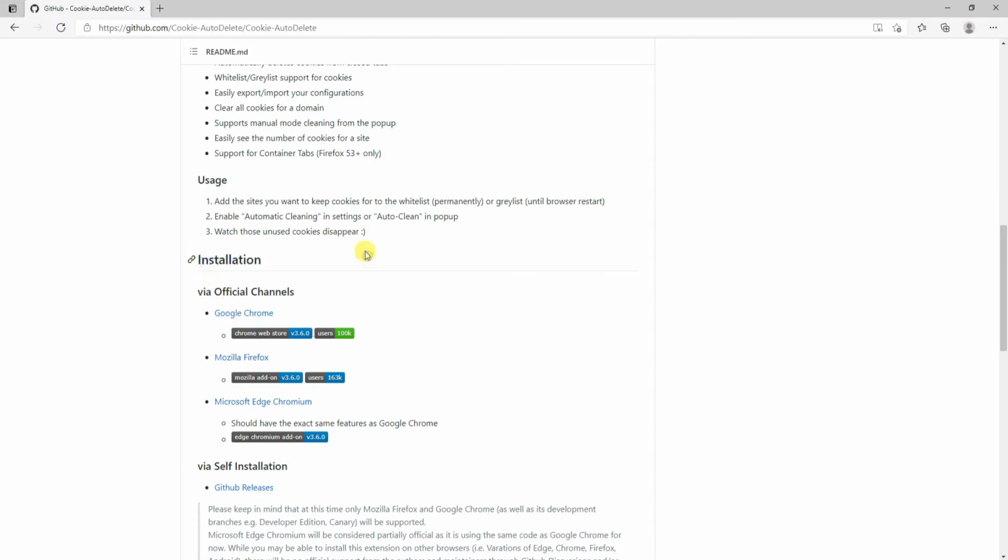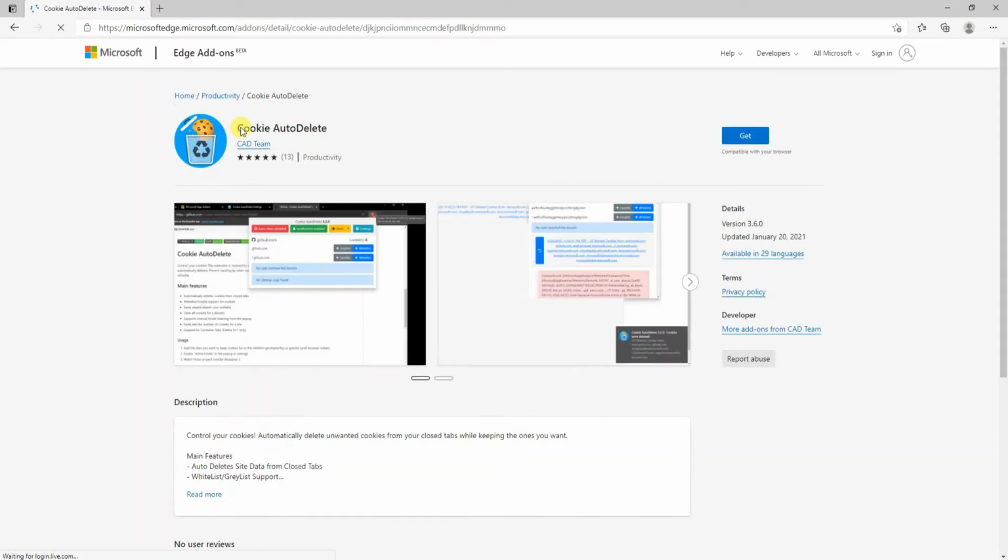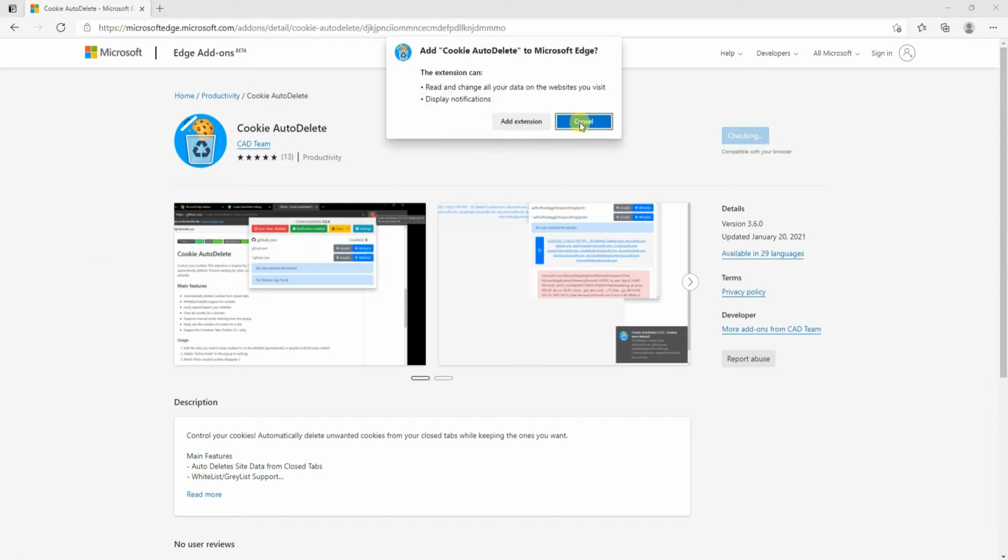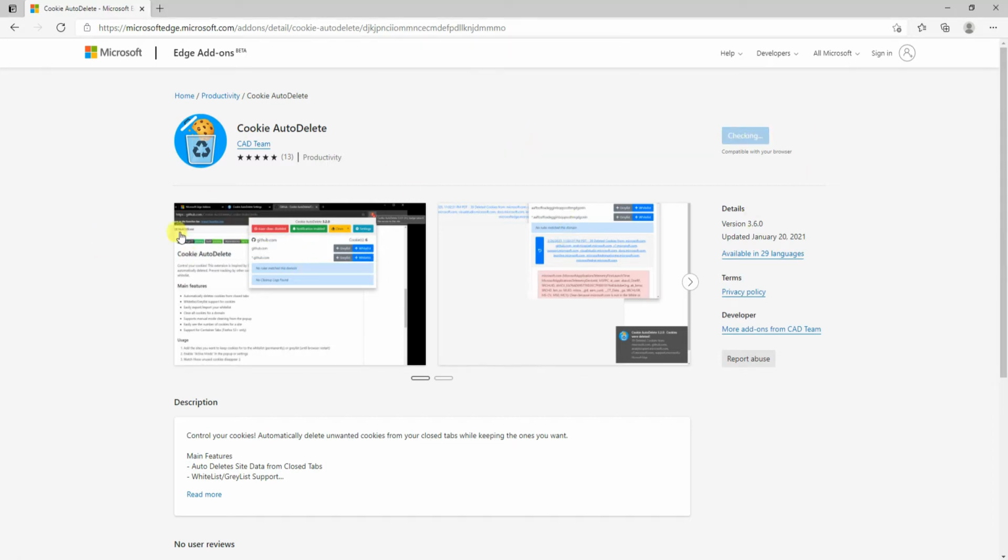The installation guide explains it's available from official channels only. You can download it from the Google Chrome store or the Firefox store, and as we are using Microsoft Edge, we will be going into the Edge store. From there you will see that Cookie AutoDelete is there. The extension is developed by the CAD team. Then there are screenshots, and if you click on the Get button you will add that extension,